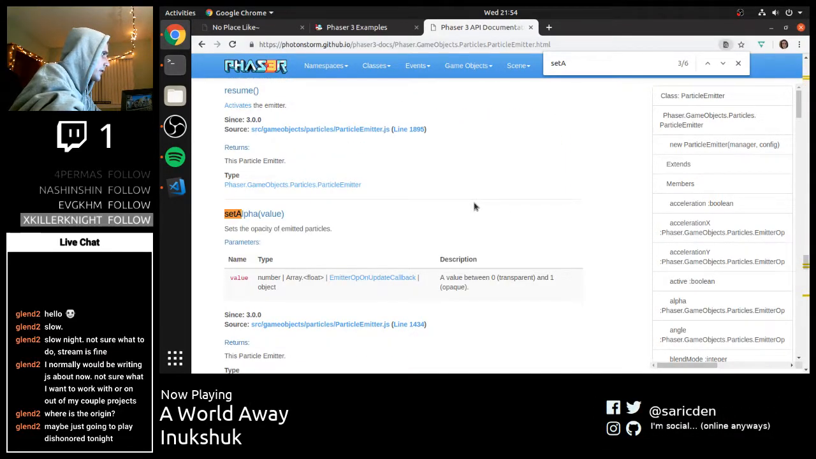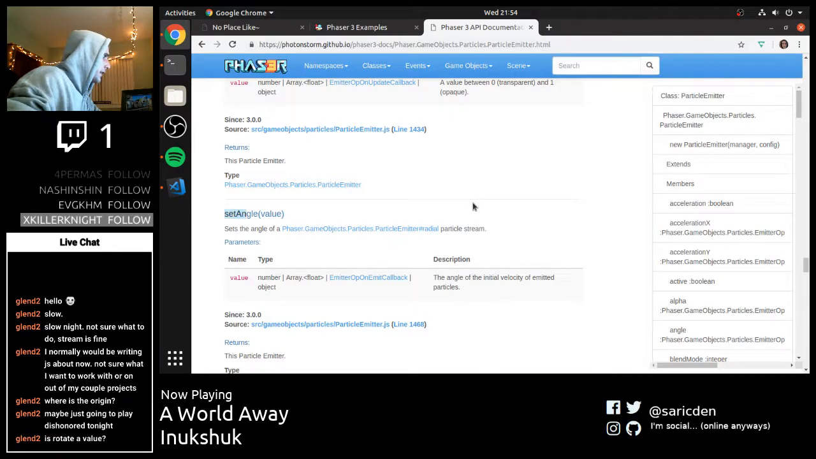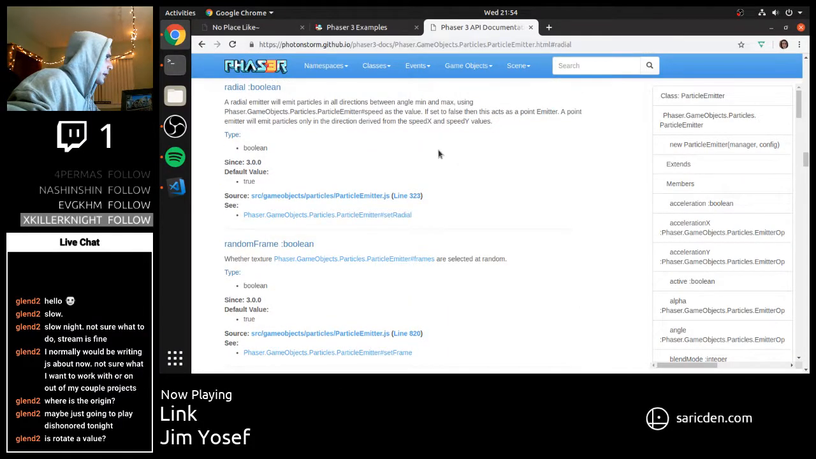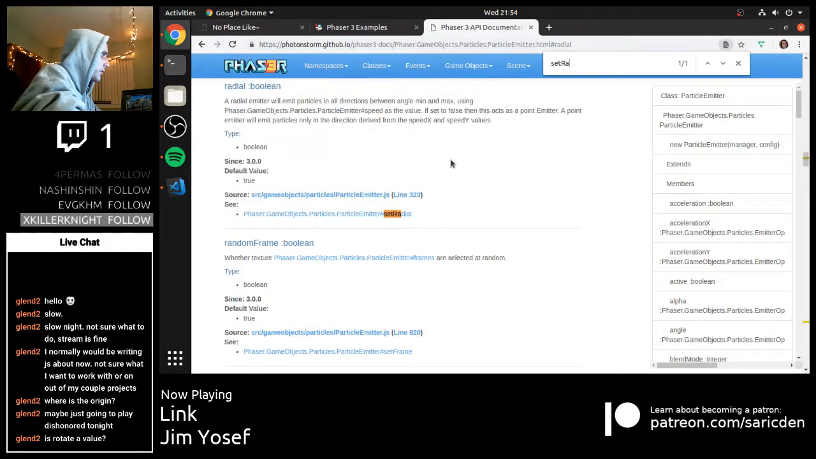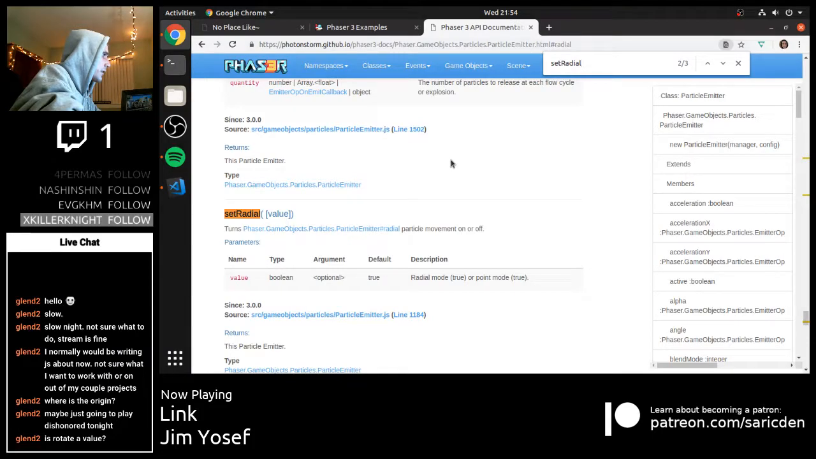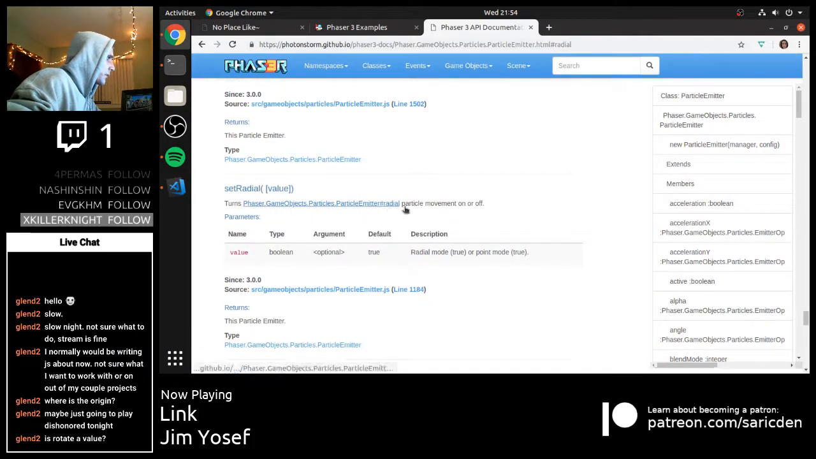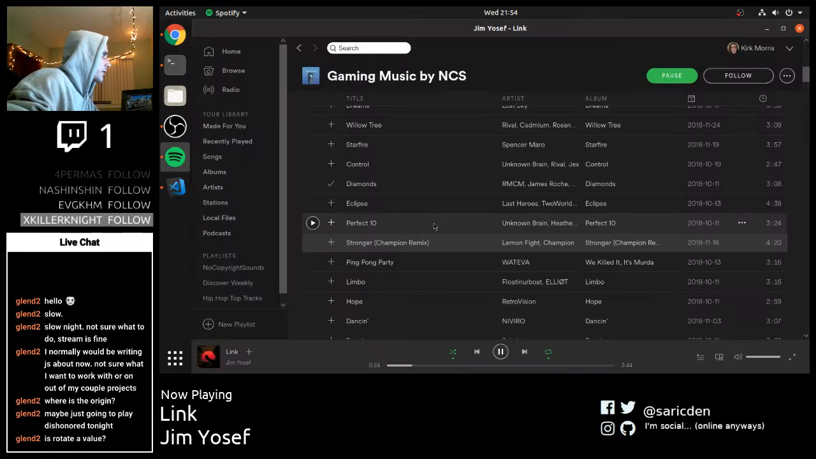Set angle value. Sets the angle of the Phaser game object's radial particle stream. Okay. What is radial? Set radial. Turns the particle emitter movement on or off. Oh, interesting. Okay, so